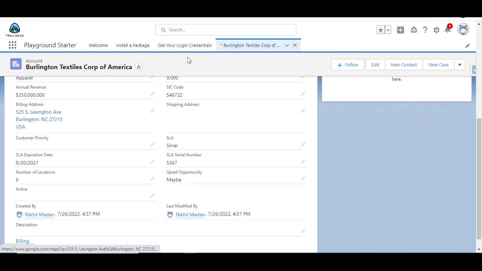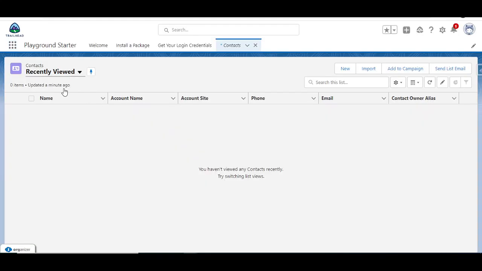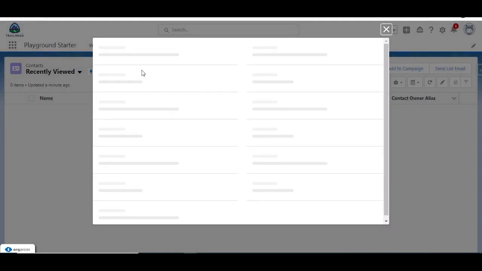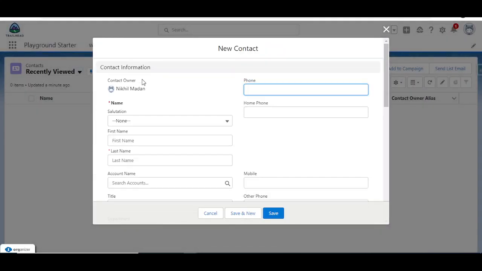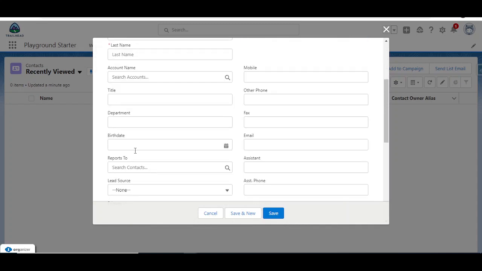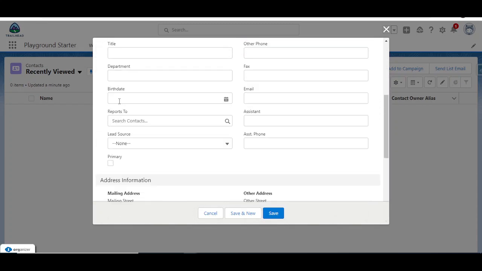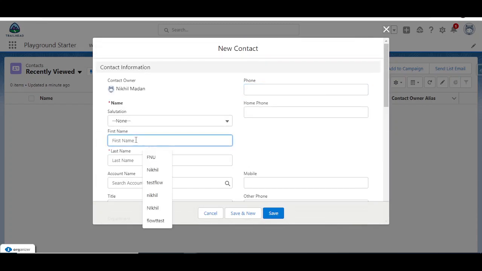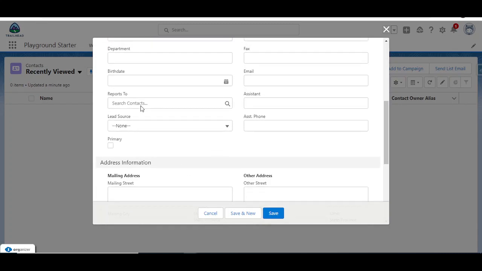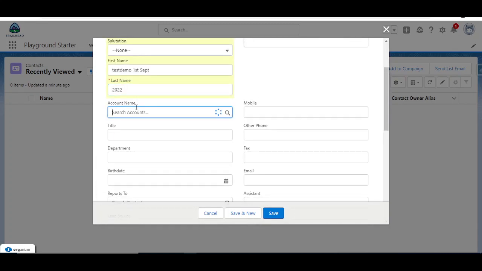We have Burlington as a city, so we'll try to change that by creating a new contact. So we have our primary checkbox visible here. I'll just give test demo, 1st September, 2022, and account is Burlington,